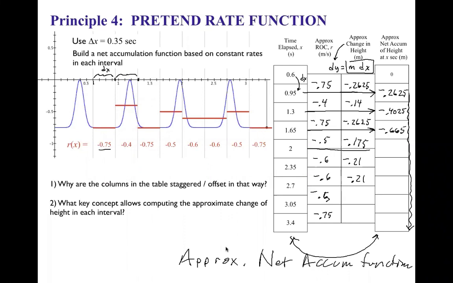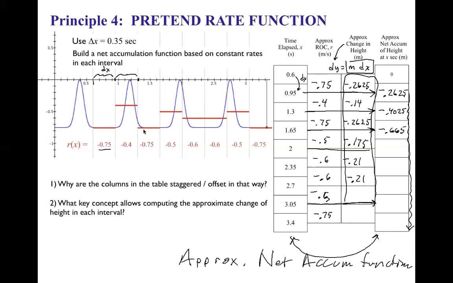So the net accumulation is the accumulation of changes, right? So at any given time, it's the sum of all the changes so far. Oh, okay. So the change here at this moment is going to be the sum of all these changes, because that's how much change we've had since 0.6 seconds. And so that tells us overall within the problem how much the flag has gone down so far at each time. But it's approximate